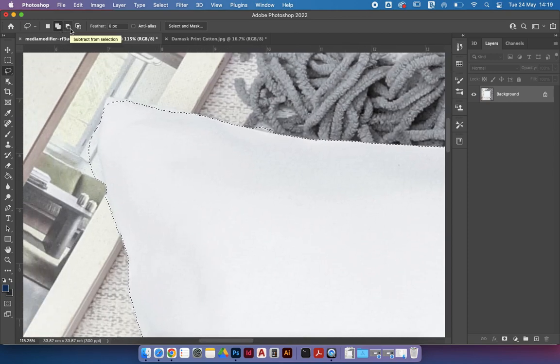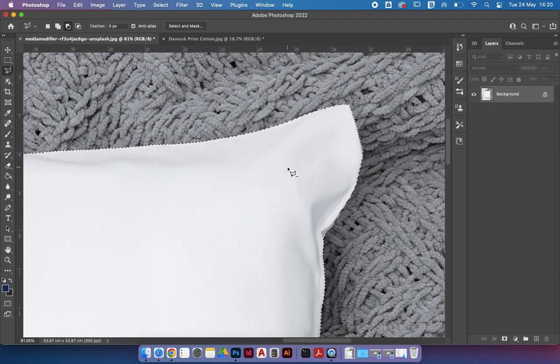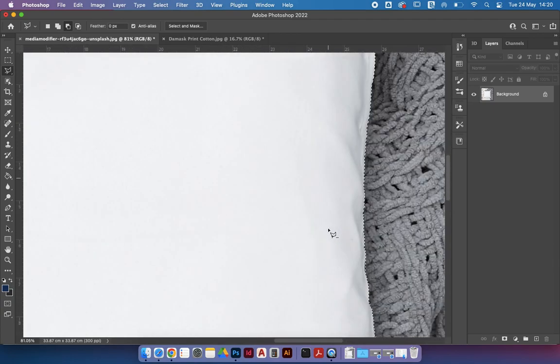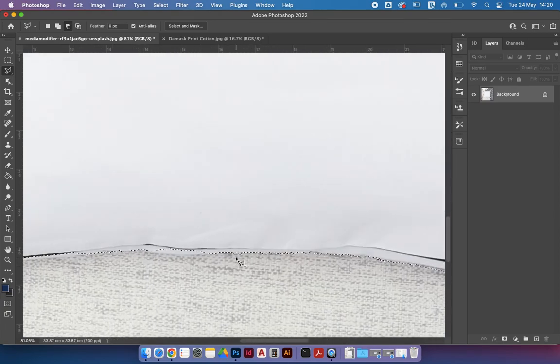Now I can choose these up here, so subtract from selection to come in and refine, or use the poly lasso, dot to dot, subtracting from selection, double click, and I can spend as long as is needed going over this with a fine-tooth comb, making sure that it's as good as possible. Okay, so once you're happy,